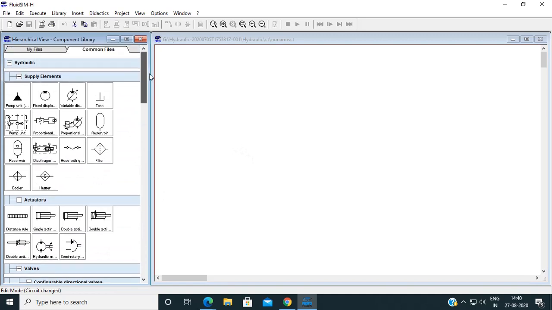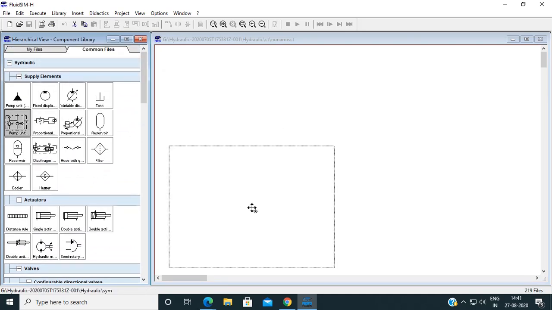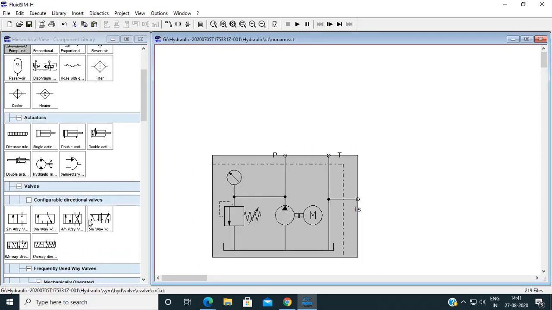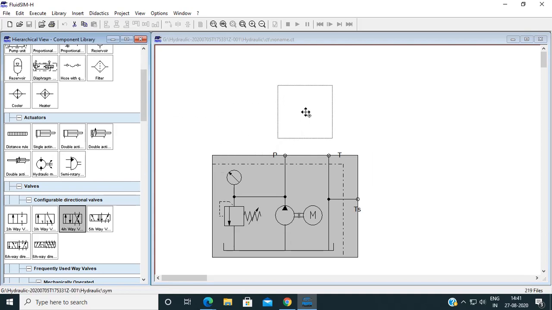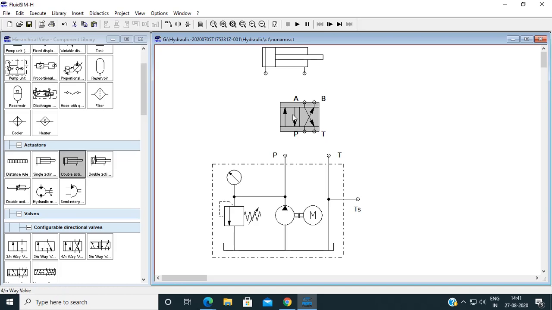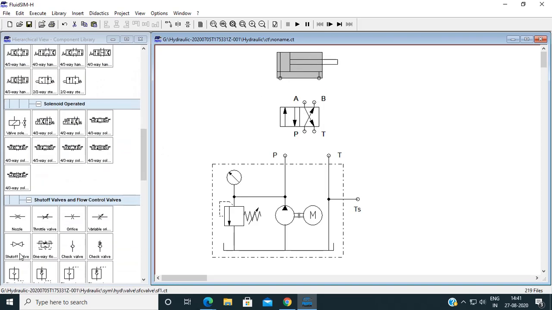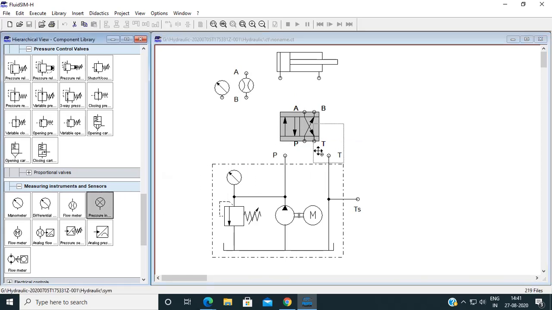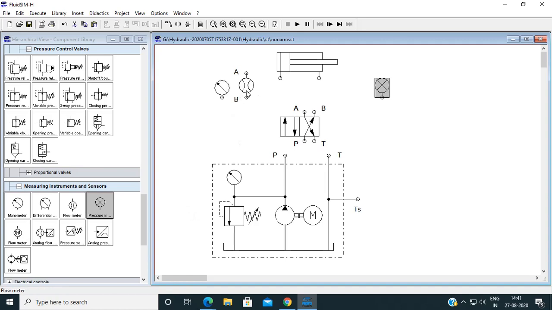Now we will construct one basic circuit. So I have taken a pump unit. I just take one direction control valve and one actuator. I want to display the readings, so I will take a manometer, then flow through inlet, whether it is a pressure line or not, I want to check.